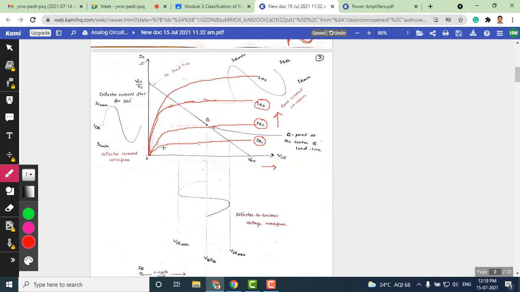On this output characteristics of BJT, we have superimposed the DC load line. As per the circuit equation, this load line has been drawn. On the load line, we choose the Q point. The Q point must be chosen such that it intersects one of these curves. Here, preferably, we are choosing the Q point in the active region. So this is going to be the Q point chosen, which is in the active region. As I already told you, for class A operation the Q point should not be in the saturation region or the cutoff region, so it is exactly at the mid of this load line.